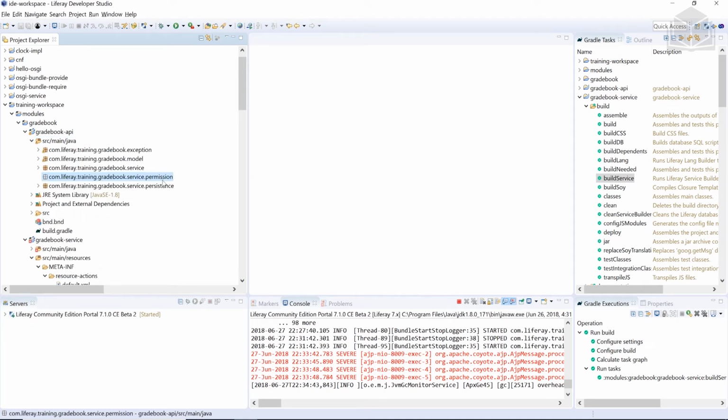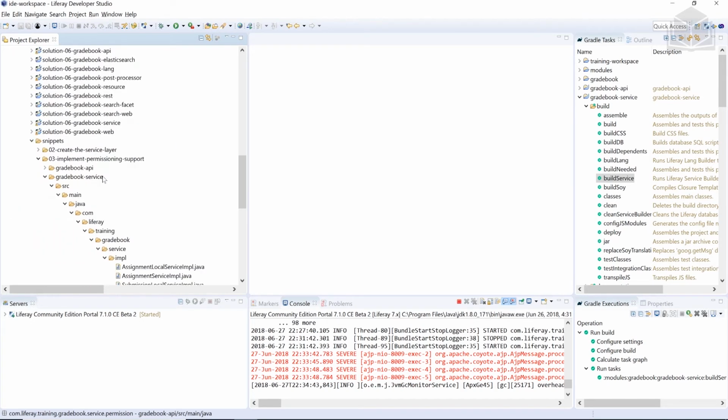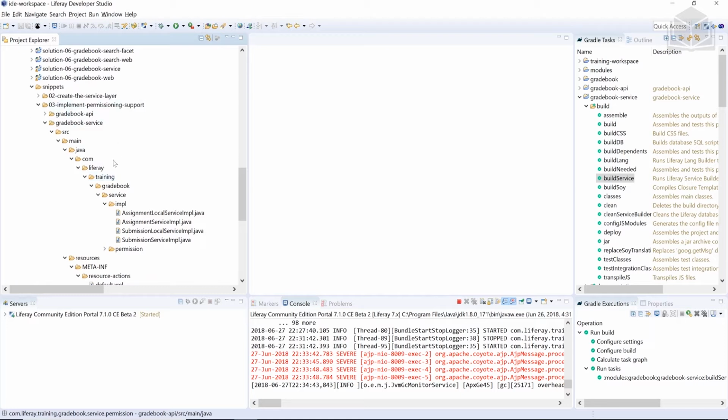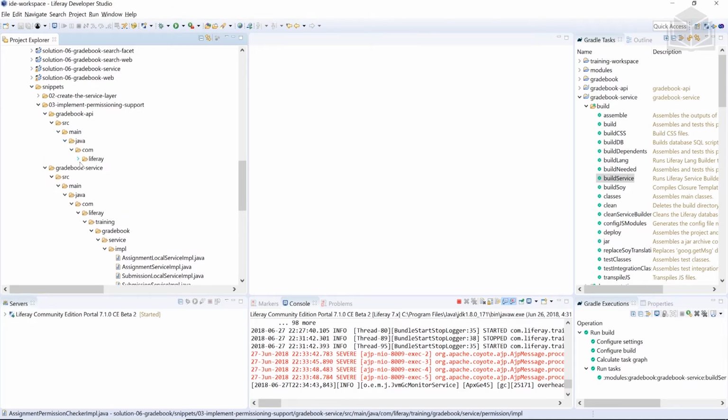Now that we have the package created, what we'll do next is scroll back down to our snippets, and we're going to navigate to the same place within our snippets. So we're going to be over here in the permissions folder. We'll expand out the permissions, expand out impl, and then we're going to go ahead and copy. Oh, sorry about that. So we're not going to be here. We're going to be in the Gradebook API. That's my fault. So we're going to head over here to the Gradebook API, source main Java, com Liferay